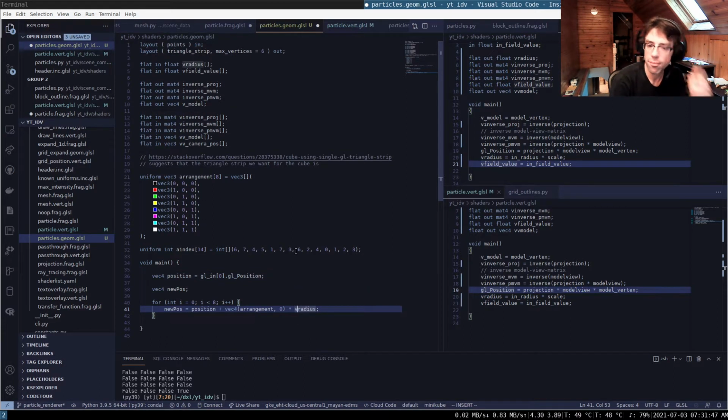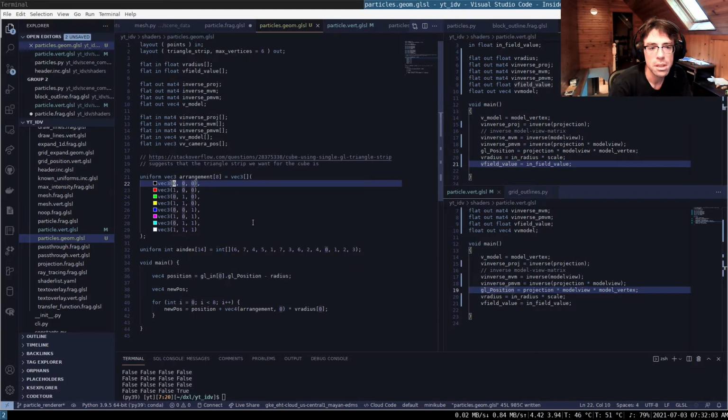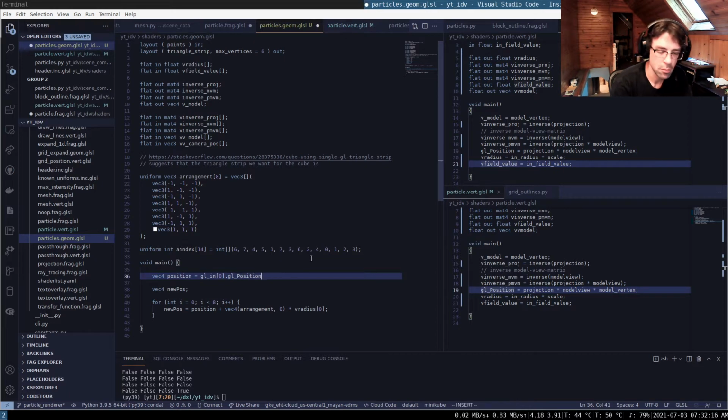Oh, and this has got to be, so we actually want this to be GL position minus radius. No, that's not what we want. We want everywhere that this is 0 to be minus 1. Because remember, the radius is going to be half of the side length. So that means that the very first iteration through here